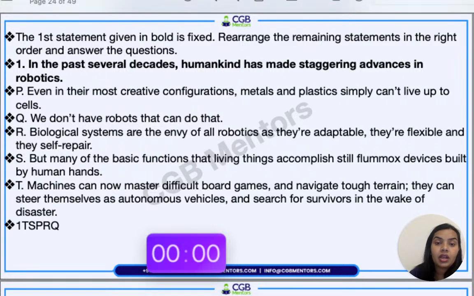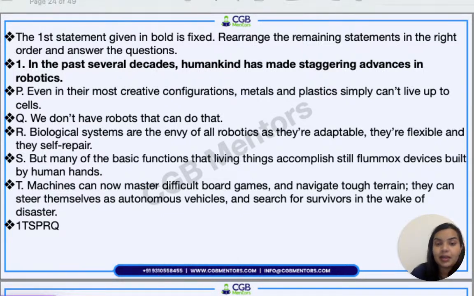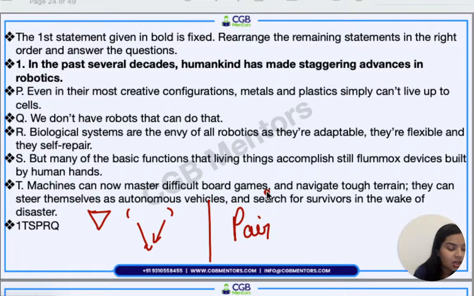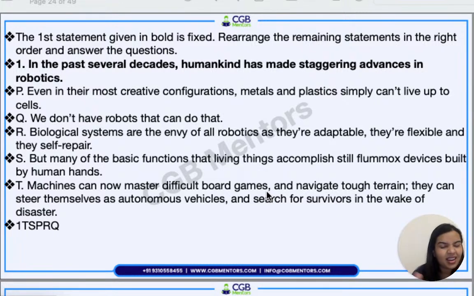Okay. So there are two ways in which we do such questions. For those who are new to this topic, first of all, no need to panic. This topic is a little bit intimidating, but if you learn to crack it, you can easily score 5 marks in one go, which is a great deal, I believe. First, keep this picture in mind: an inverted pyramid triangle. That means broader information comes first, then we narrow down to specific things. Second technique is make pairs and then rearrange those pairs. So TSR, RPQ, PRQ, a little bit here and there.